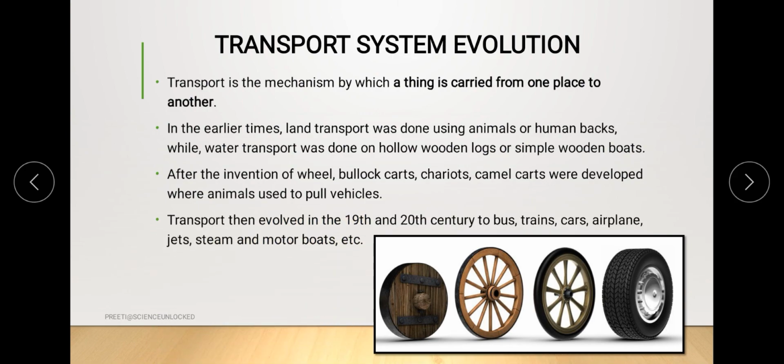And ultimately came the concept of machines and mechanisms which led to the formation of buses, trains, cars, aeroplanes, and now we have an ample amount of vehicles, and we are thinking about extreme speed,